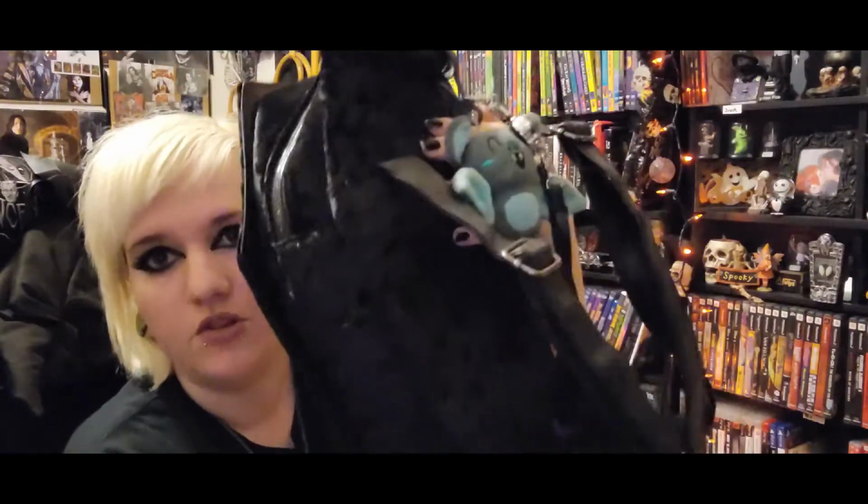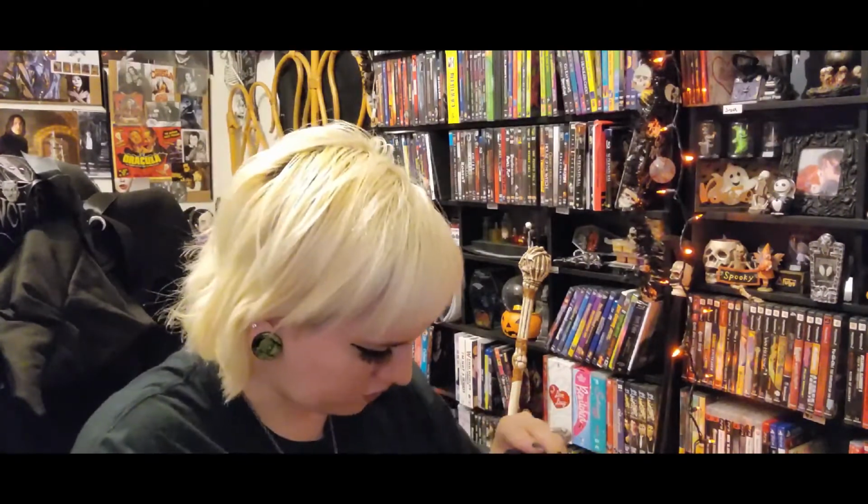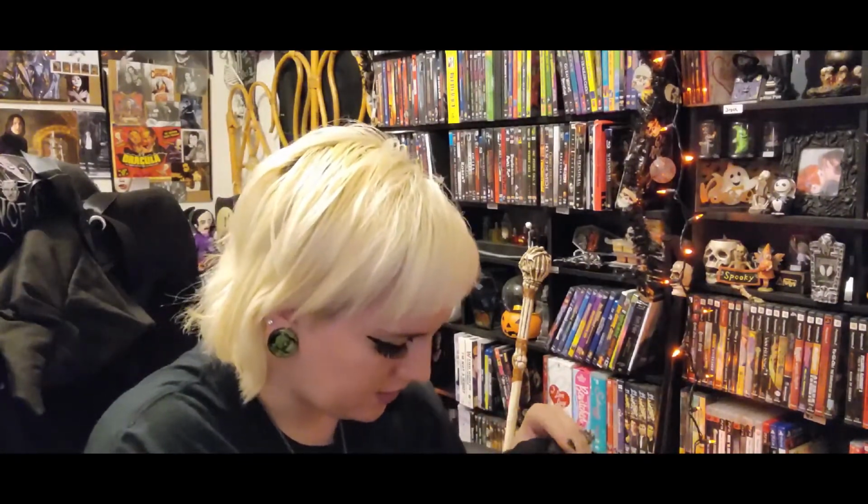I do have quite a few coffin bags. I have this one right here, which is velvet. I think I got this from the mall in Jacksonville at Subculture. I believe that's where I got it. Not even sure how many times I've used this. It's barely been used, so I will have to start using this